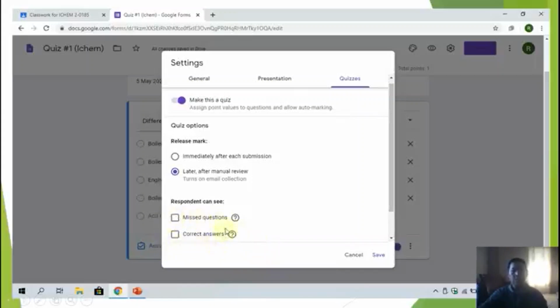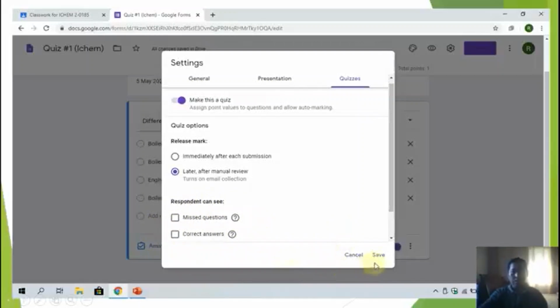All of this I don't want to check. It's up to you if you want to check. But in my idea, if they can see the correct answer, they will give it to their classmates, and this will become a leakage. So for me, I don't want to check.